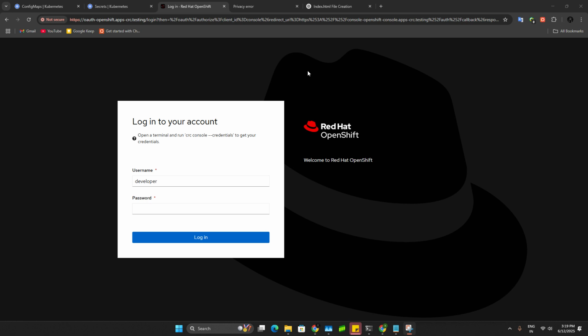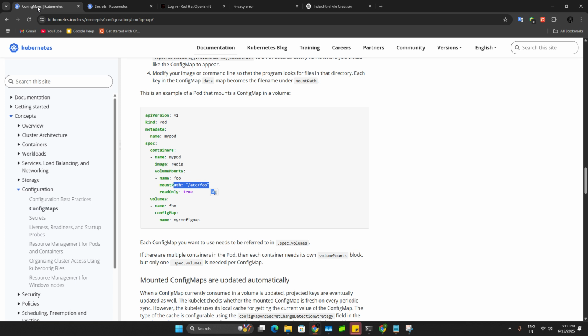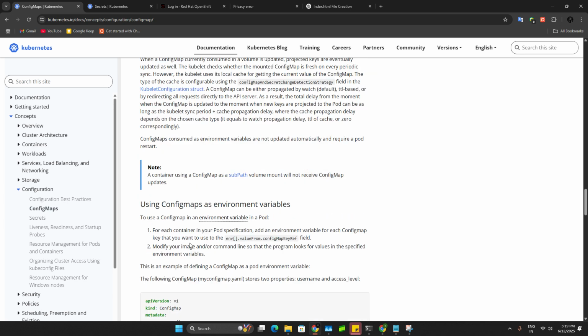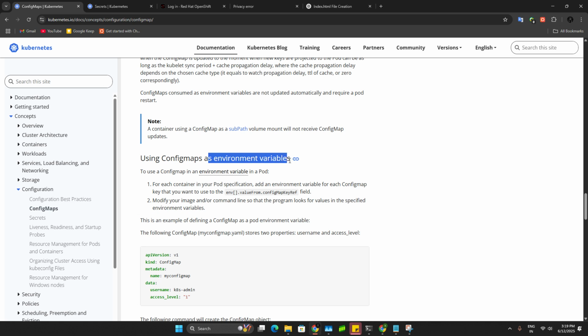So there are two approaches: one is config map and the other is secret. These two have slight differences, but not much. The approach for attaching the data to the deployment is the same. Mostly there are two categories. One is the environmental variable. We will pass the data, config map or secret, whatever,